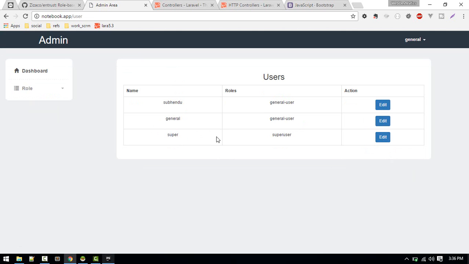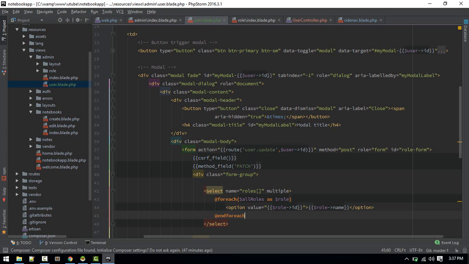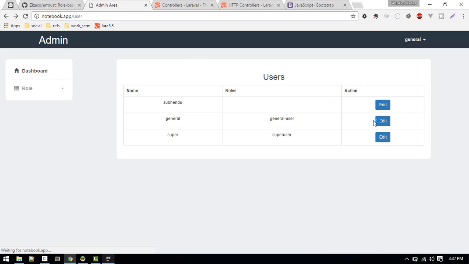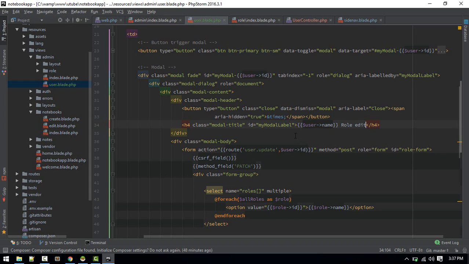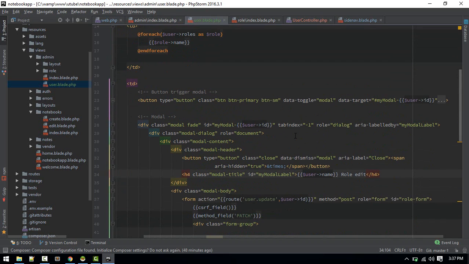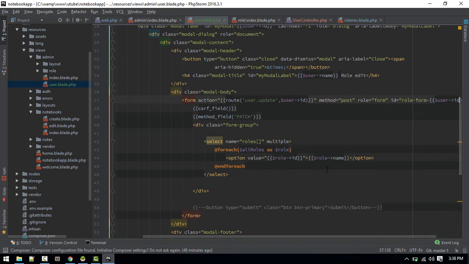Okay, so with that said, let's edit this super user and make it super user as well as admin. So we can change user title, user name, role, edit. Okay, similarly we need to make this unique as well. User ID,